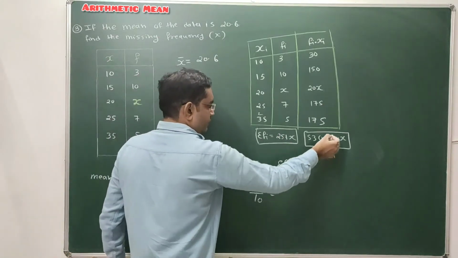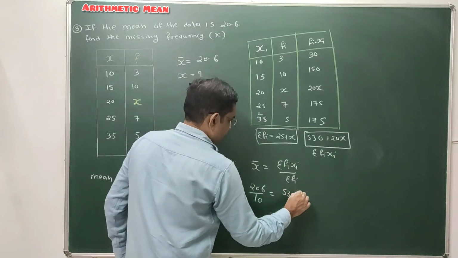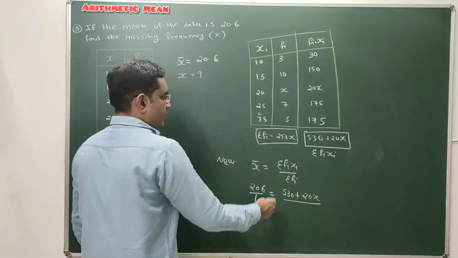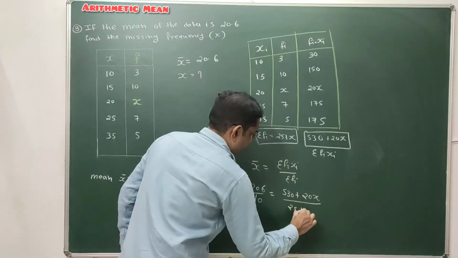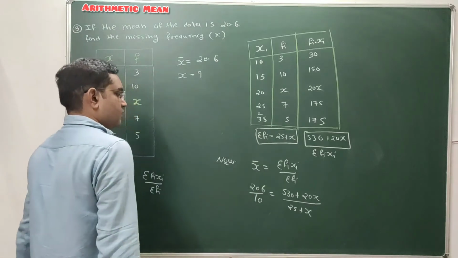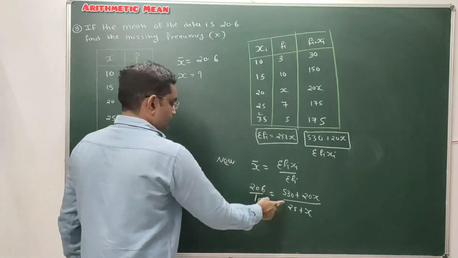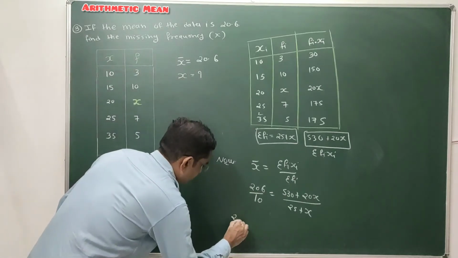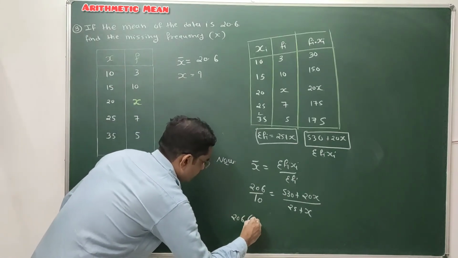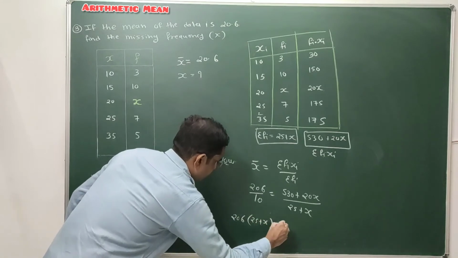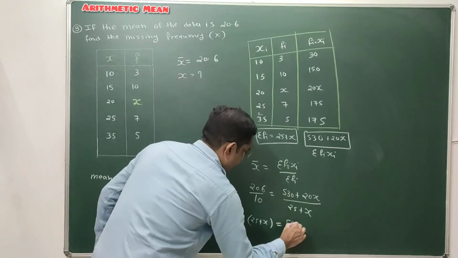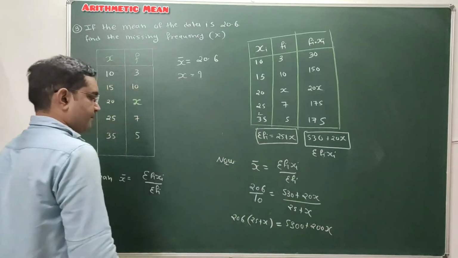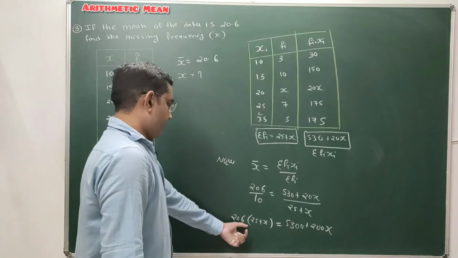Sigma fi xi is this one, 530 plus 20x, upon sigma fi, 25 plus x. Done. Cross multiplication. So cross multiplication is 206 into 25 plus x equals 5300 plus 200x. So here 206 into 25